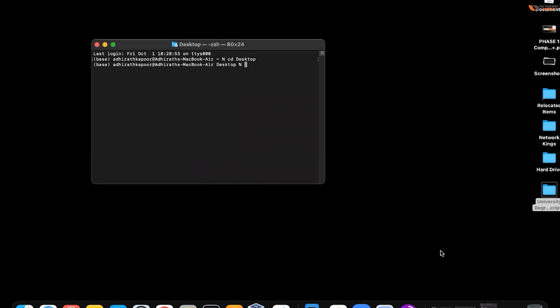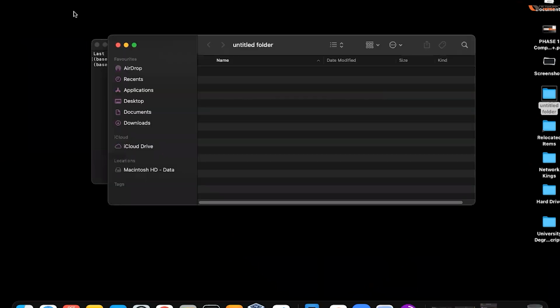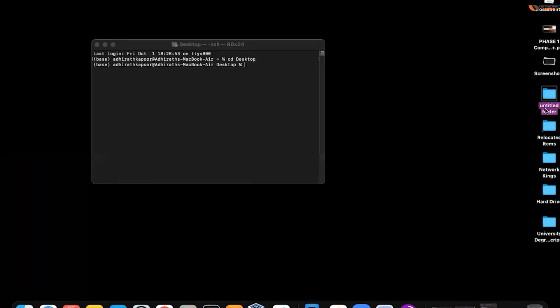If I have to create a folder on my desktop, then I write new folder and I'll name the folder IT fundamentals. Okay. And if I want to do the same thing via my terminal, I'll write